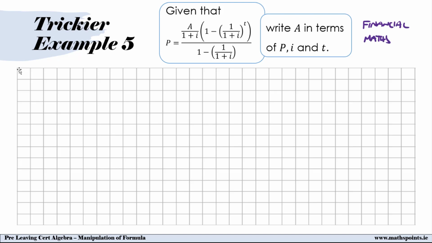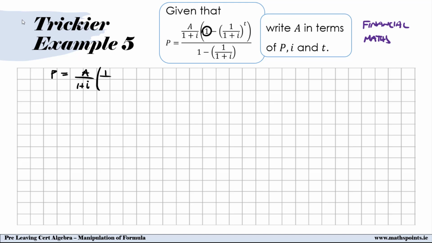So we have to manipulate or rearrange this formula, which at the minute is expressing P in terms of A, I, and T, and change it so that it expresses A in terms of P, I, and T. Now I'm just going to write down the formula slightly differently, just to save a bit of space as we work through the sum. So we have P equals A on 1 plus I on,